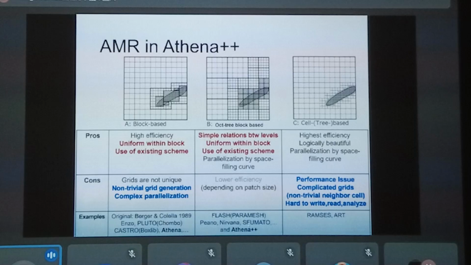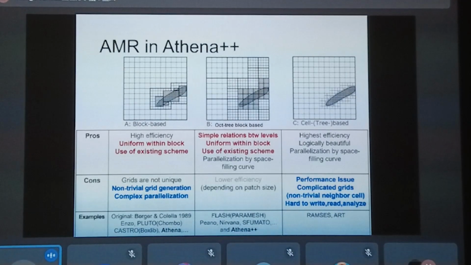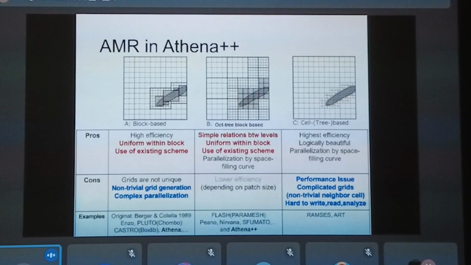And to answer the question someone asked, we use so-called Morton ordering or Z ordering for the space filling curve, and that's actually the cheapest space filling curve, and it doesn't return a very compact distribution of blocks compared to, for example, the Peano-Hilbert curve.